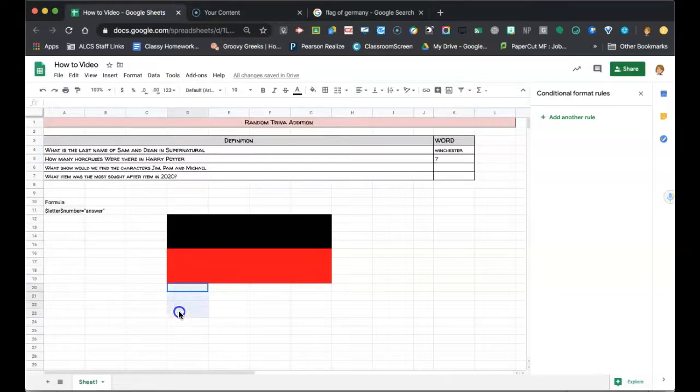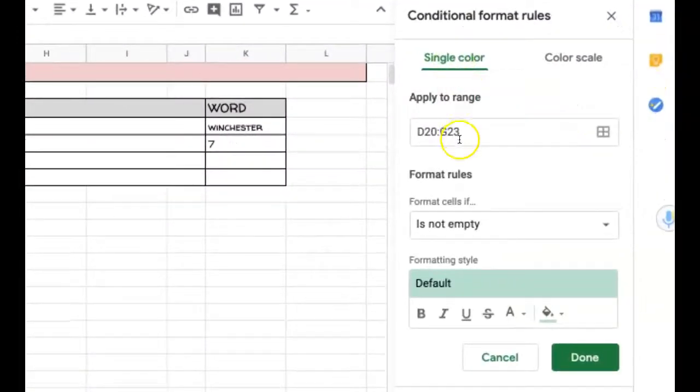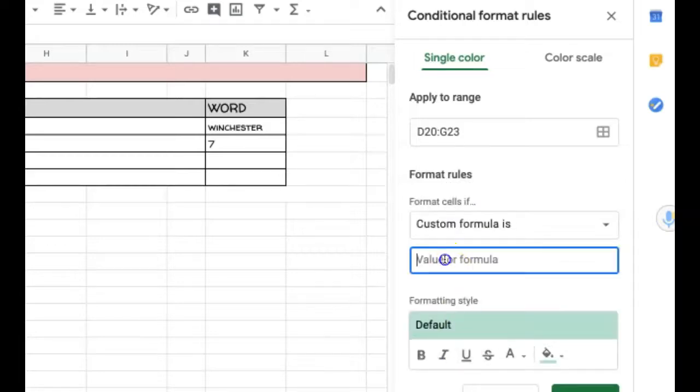So I would again highlight the cells I want, and then here the conditional formatting is still up, so I can just do add another rule, and then again you want it to be custom formula, and then the formula is equals, and then the letter is always K, because of where I have it, and then a dollar sign again, and then the number this time is 6, and then